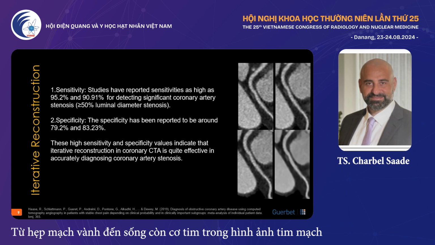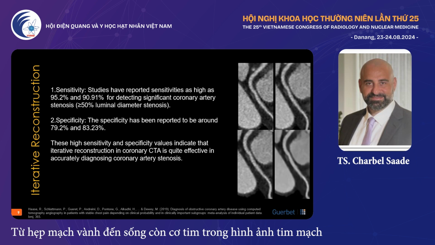And also in another study that was published not too long before that, it was shown that the sensitivities in terms of coronary artery stenosis for lumens greater than 50% are 95 and 90% for detecting significant coronary stenosis. Specificity has been reported to be around 79 to 83%. So these high sensitivity and specificity values indicate that iterative reconstruction in coronary CTA is quite effective in accurately diagnosing